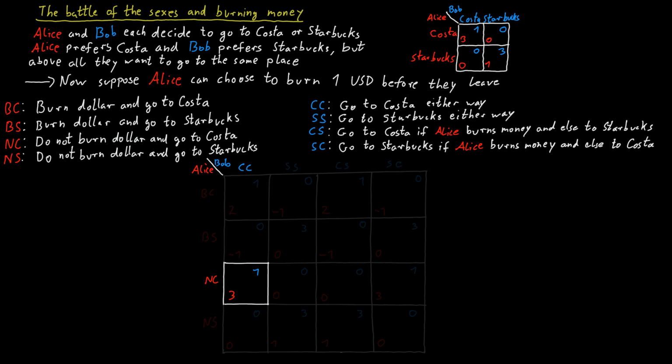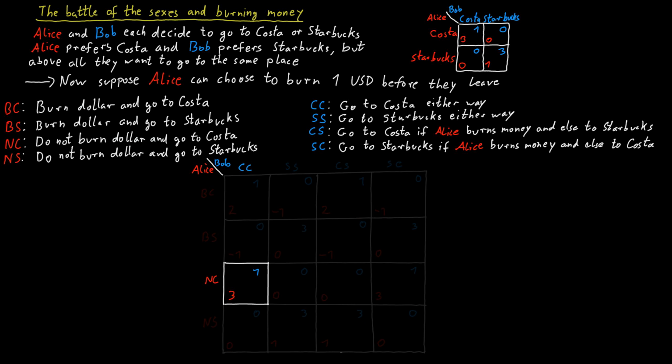And in some sense, her threat is not even very credible to begin with, because all she can achieve by burning the money is to lower her own payoff. Why would she ever do this? So why would the introduction of such a non-credible threat to the game make a difference to the outcome of the game? This example shows that the iterated elimination of weakly dominated strategies can lead to rather implausible solutions.